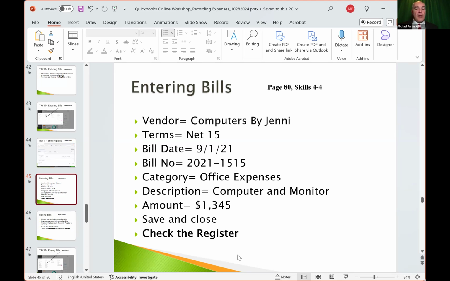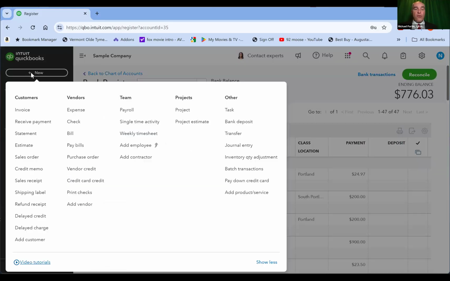All right, so I'm going to go back into QuickBooks. Again, we're going to use the new button, upper left-hand corner, select new. Under the vendor column, we're going to select bill. We'll open up a brand new bill form.